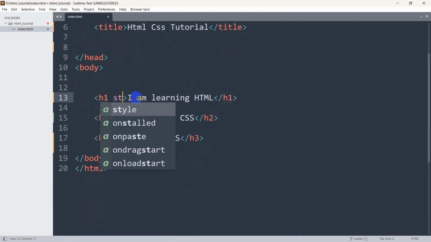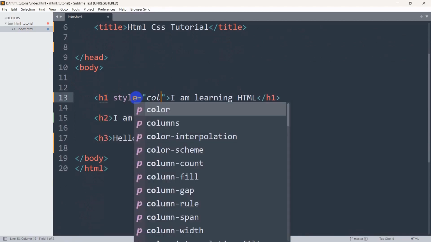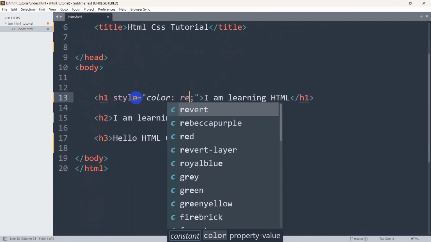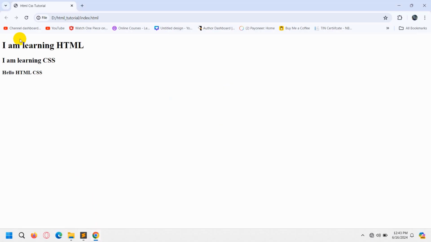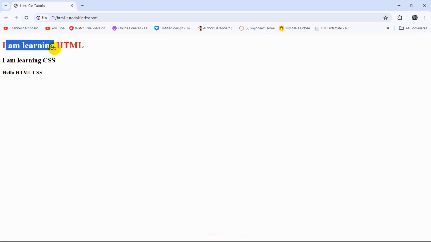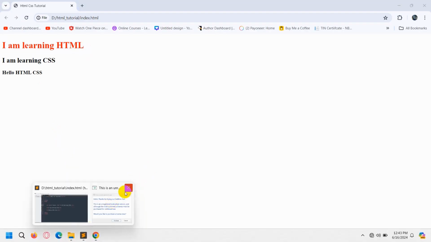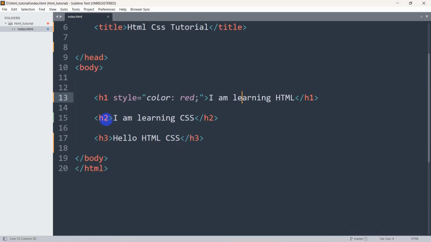So here in the first H1 tag, we're going to say style. Then in this style, we'll set color. Let's say it will be red. So here we are just mentioning in this H1 tag that the text color will be red. If we now save, then refresh here, there you can see the color is red. So there is one more way to do it, and that is here what we can do is in this